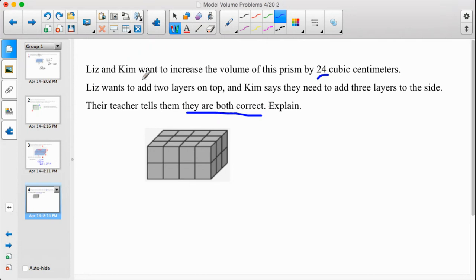If Liz wants to add 2 layers on top, then I'm going to look right here at my top layer and say, okay, let's see, how could we prove this? What is a top layer? 1, 2, 3, 4, 5, 6, 7, 8, 9, 10, 11, 12. Well, that whole top layer was 12. So I know that if she wants to add 2 of those layers,